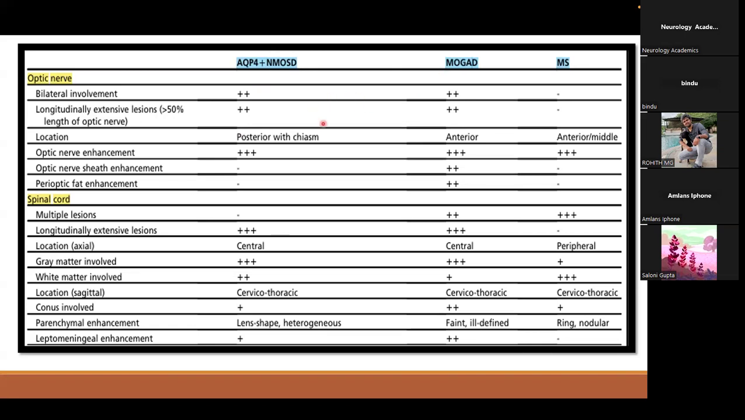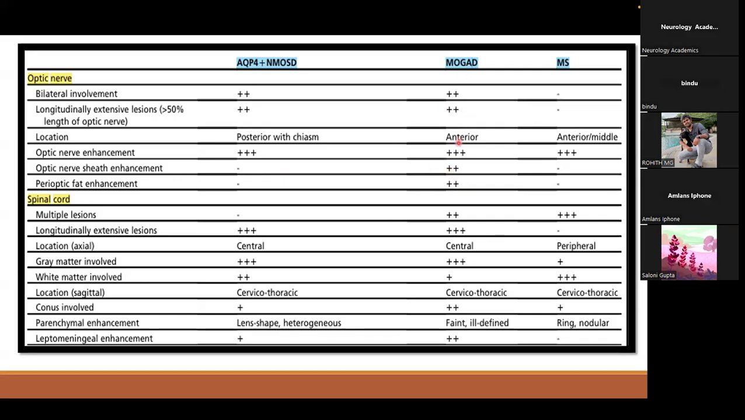In aquaporin, it will be posterior. MOGAD, it will be anterior. MS also will be anterior to middle, intraorbital and intracanalicular part. And optic nerve enhancement will be seen in all of this. And mainly in MOGAD, we have optic nerve sheath enhancement and perioptic fat enhancement, as well as